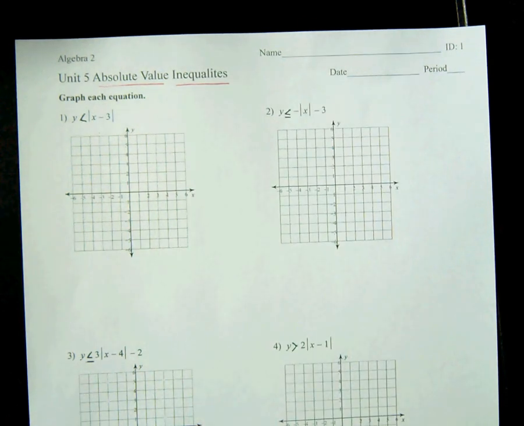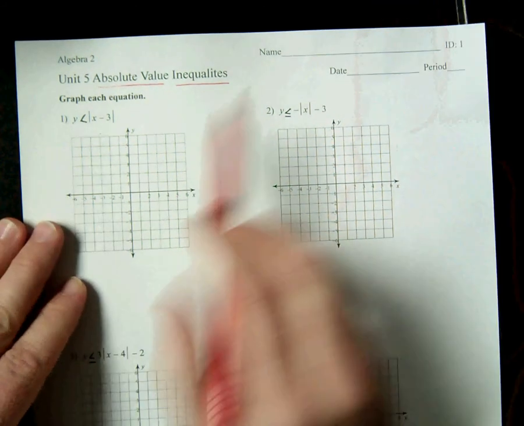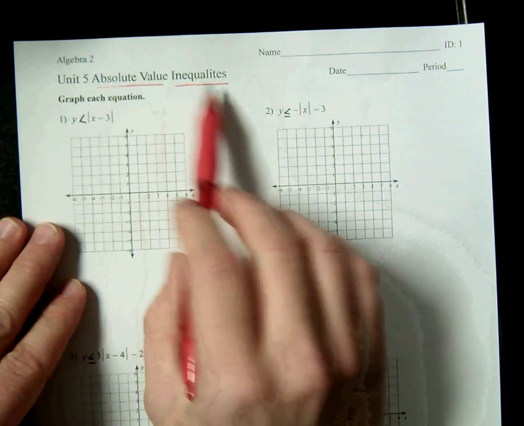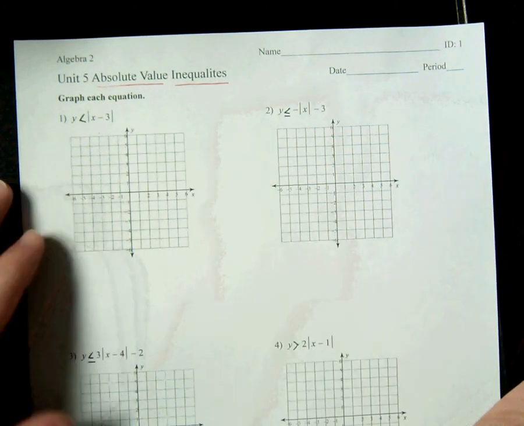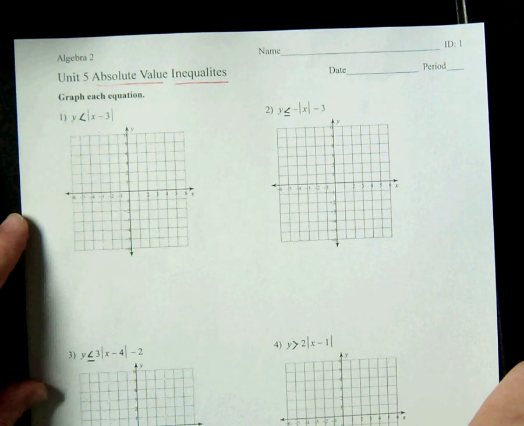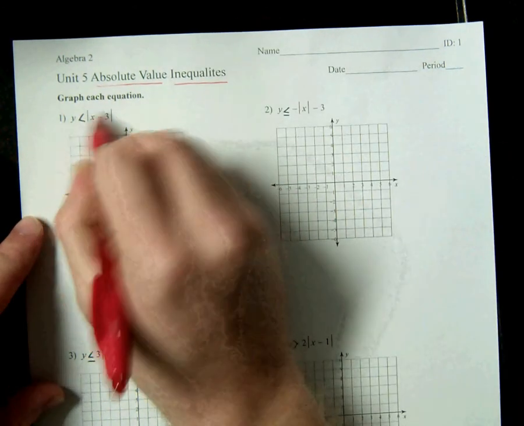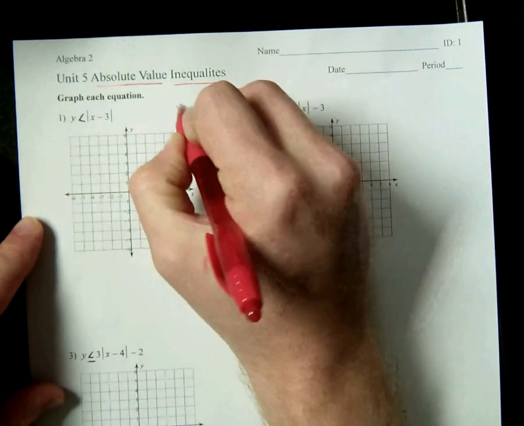We are going to graph these things much like we did in the other videos. If you have not watched the linear one or the quadratic one yet, I do a lot more explaining in those than I will in here. I'm going to go fast, get this one down to maybe 5 minutes because the bell's going to ring in 5 minutes. So, to graph this inequality, y is less than absolute value of x minus 3,